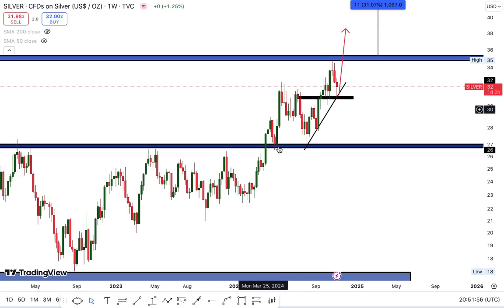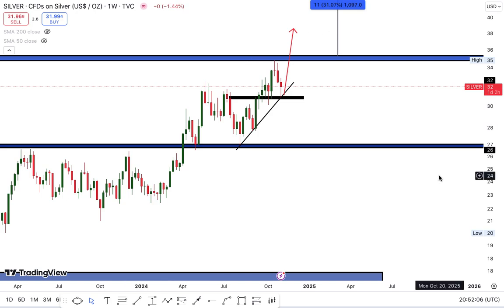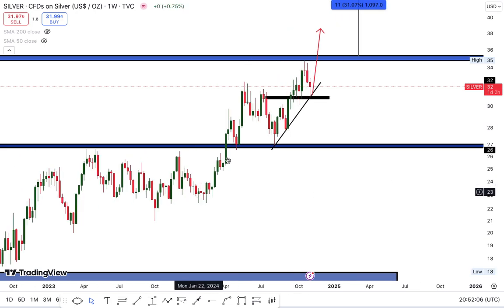We have the first pullback here, which doesn't always do much. The second one sends the market away. You have the third one, which is always good. And the fourth one is when the market is going for that bigger pullback. Do you understand? Now in this case, once you bring out your fib tool, you have to measure from swing low to swing high. This is the most immediate swing low, and this is the most immediate swing high.